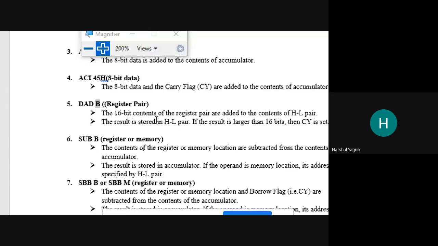So when this instruction gets executed, the 16-bit content of the register pair which is mentioned will be added to the content of the HL register pair. The content of the register pair which is mentioned will be added to the content of the HL register pair, and the result will be stored in the HL register pair only.